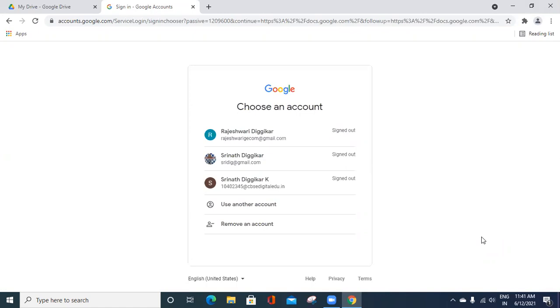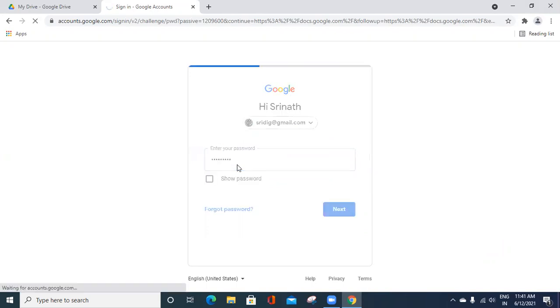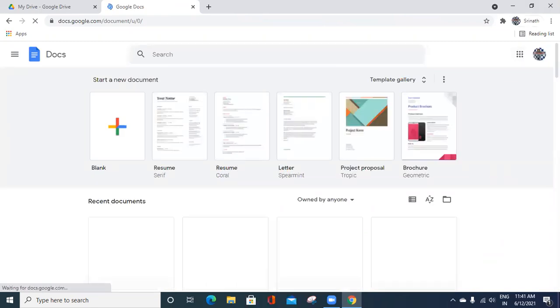And where the students' responses are, how to know the students' marks, means again log in to your Gmail account. And in Gmail, open your Google Drive. In this Google Drive it is there already.